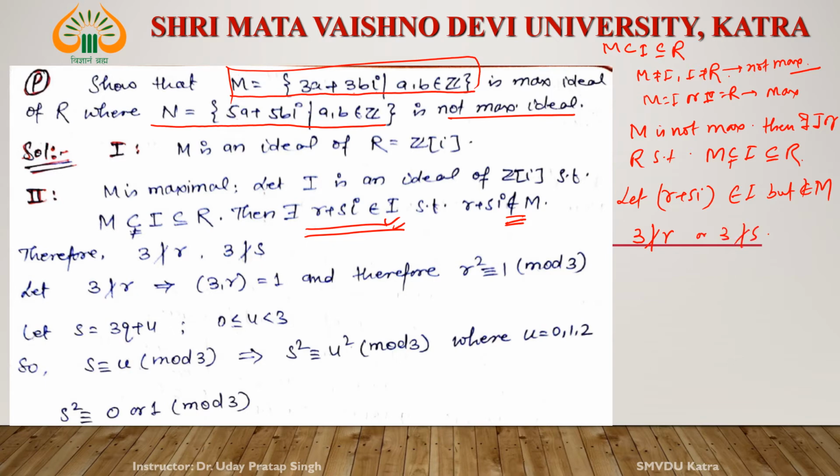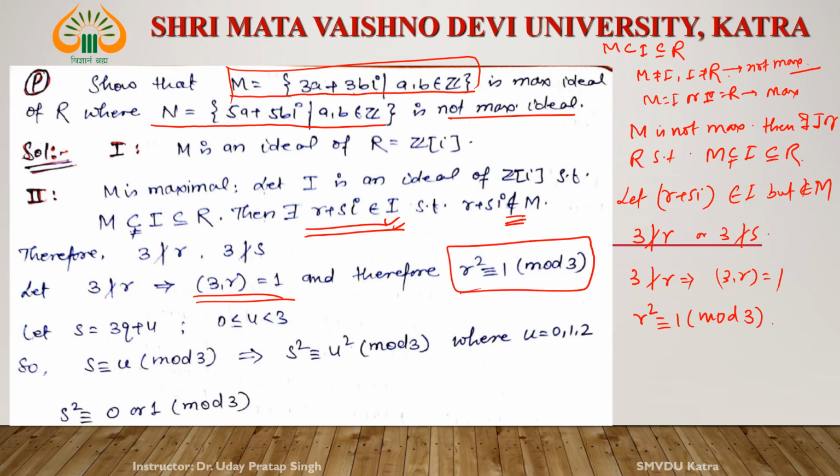If 3 does not divide R, it means the GCD of 3 and R is 1. Therefore, R square is congruent to 1 modulo 3. And similarly, since 3 does not divide S, it means